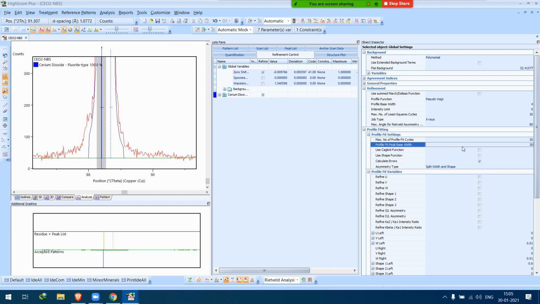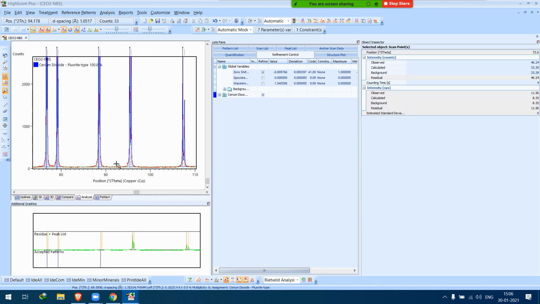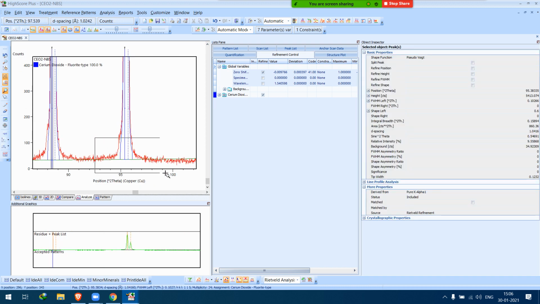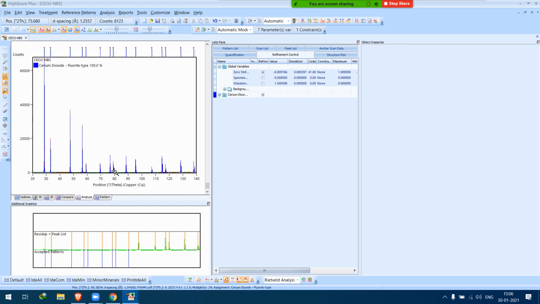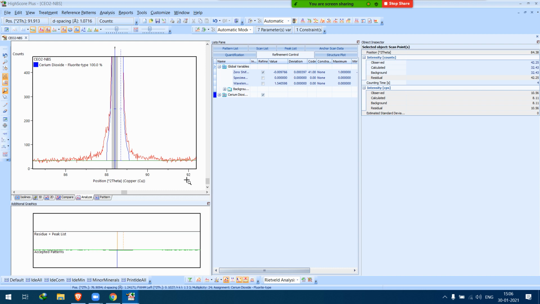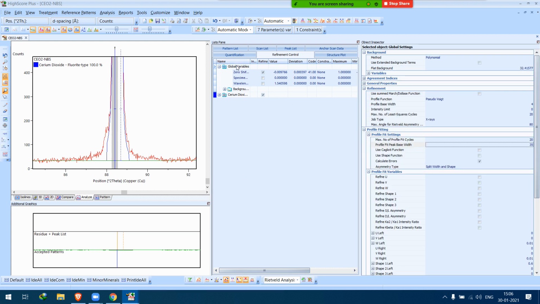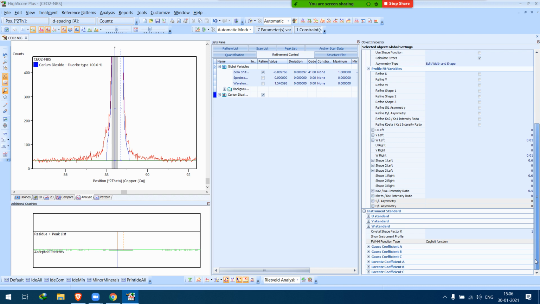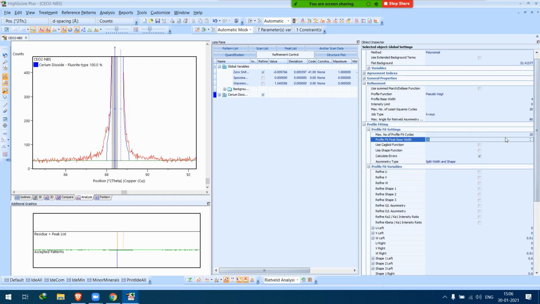This 30 is not working, we'll increase it a little bit. 35. No, it's not changing at all. Let's go for a higher value, 50.